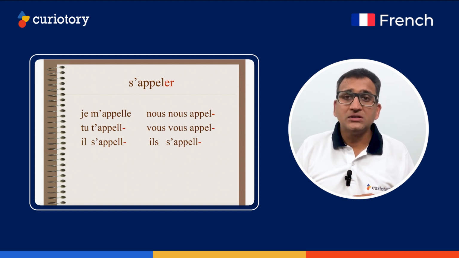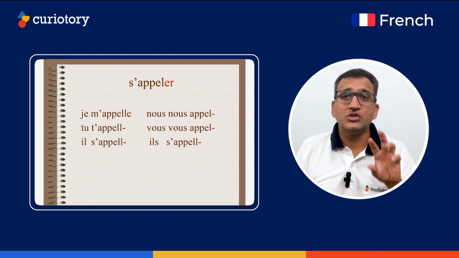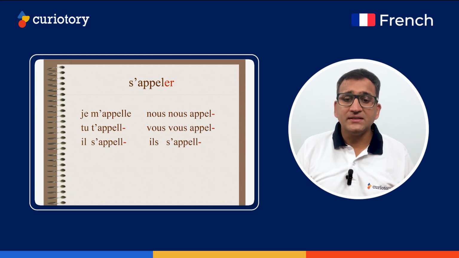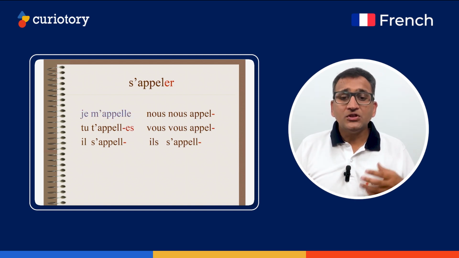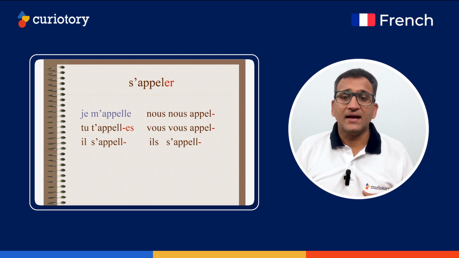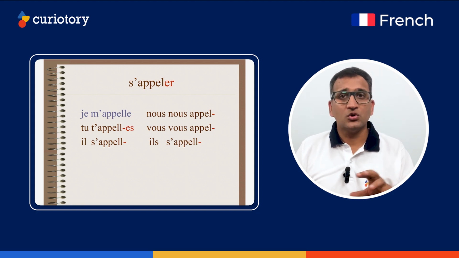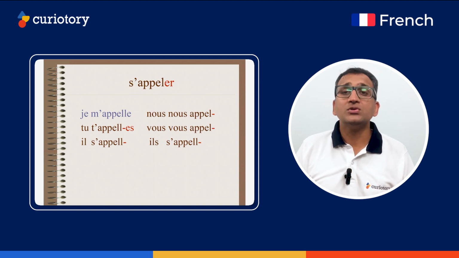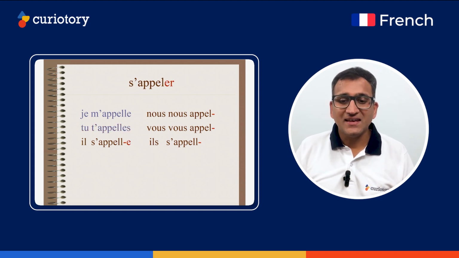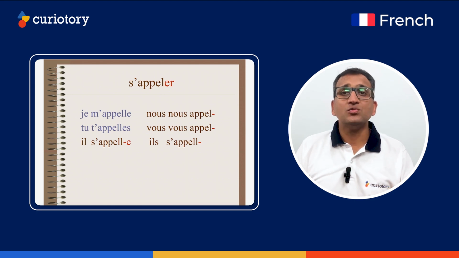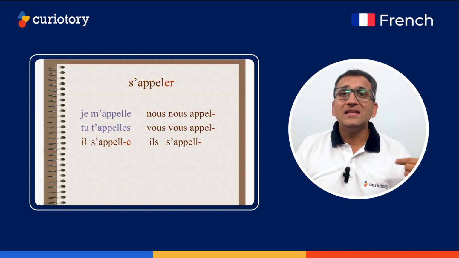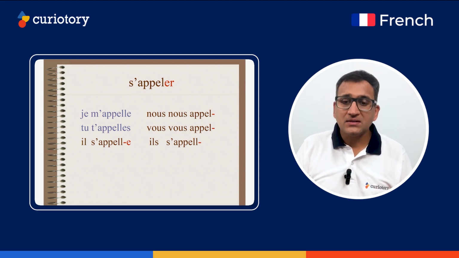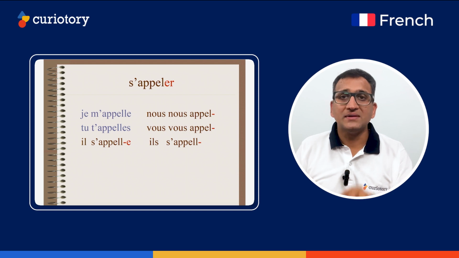Remove er and put e at the end with the version of je. With the I, if I talk about spelling, it is je m'appelle, removing er and putting e at the end. With tu, it is es at the end. See, the dash is just to explain to you. You don't put a dash as such. So tu t'appelles, right? Il s'appelle. Again, it's the same spelling as you have for je. Only changes with je, I say je m'appelle. With tu, it is tu t'appelles. With il, s'appelle, the same as you have used in the main verb, that s apostrophe.